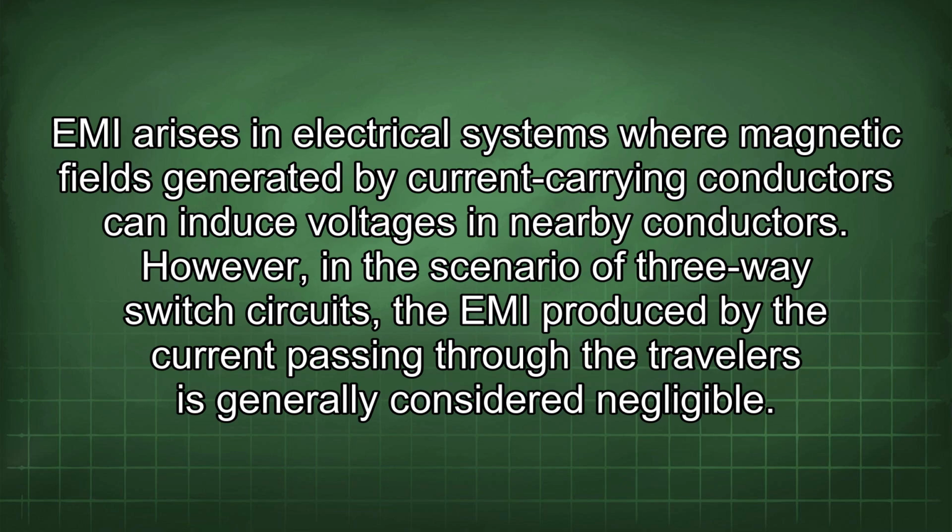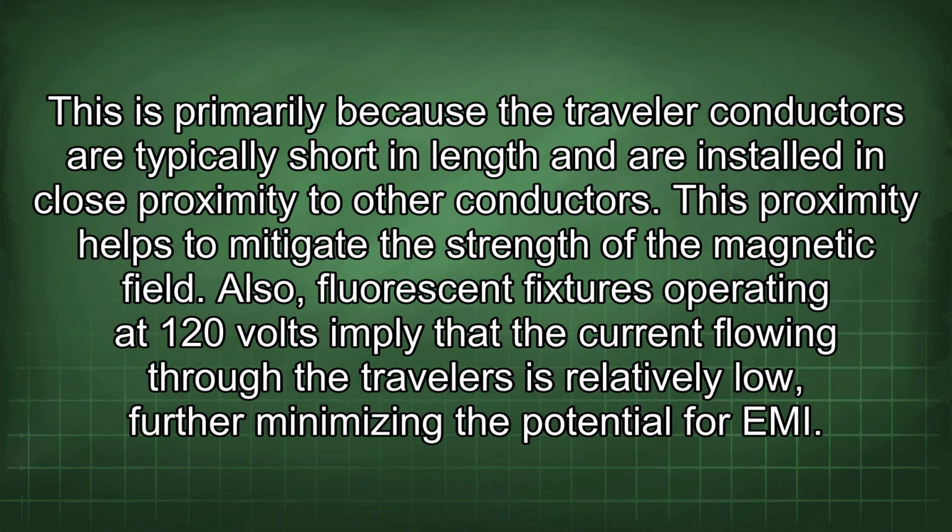However, in the scenario of three-way switch circuits, the EMI produced by the current passing through the travelers is generally considered negligible. This is primarily because the traveler conductors are typically short in length and are installed in close proximity to other conductors. This proximity helps to mitigate the strength of the magnetic field. Also, fluorescent fixtures operating at 120 volts imply that the current flowing through the travelers is relatively low, further minimizing